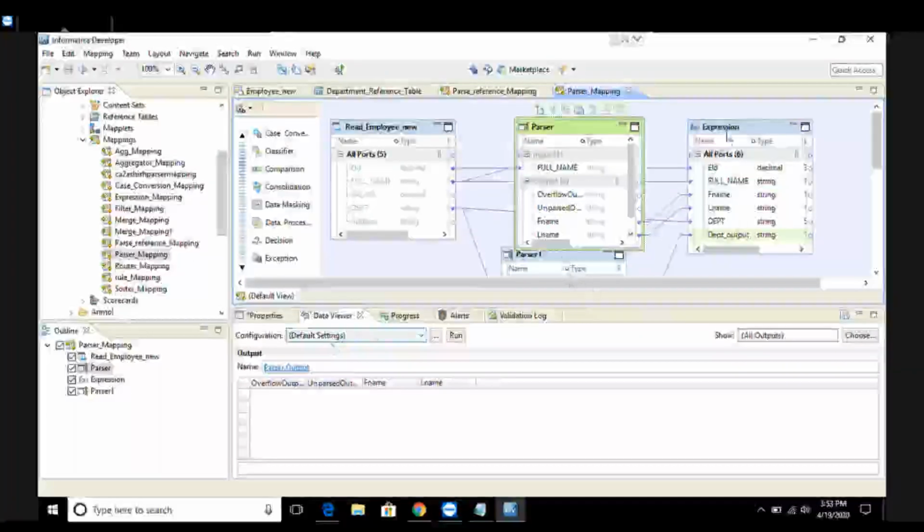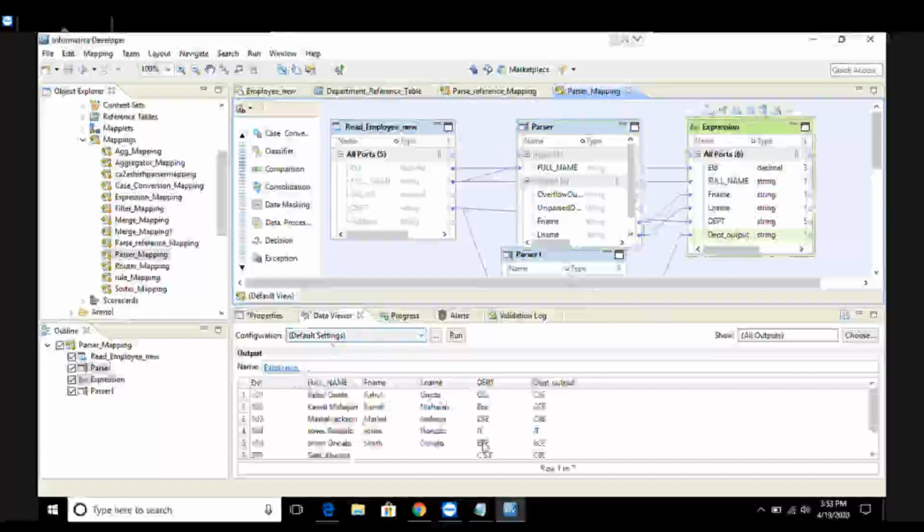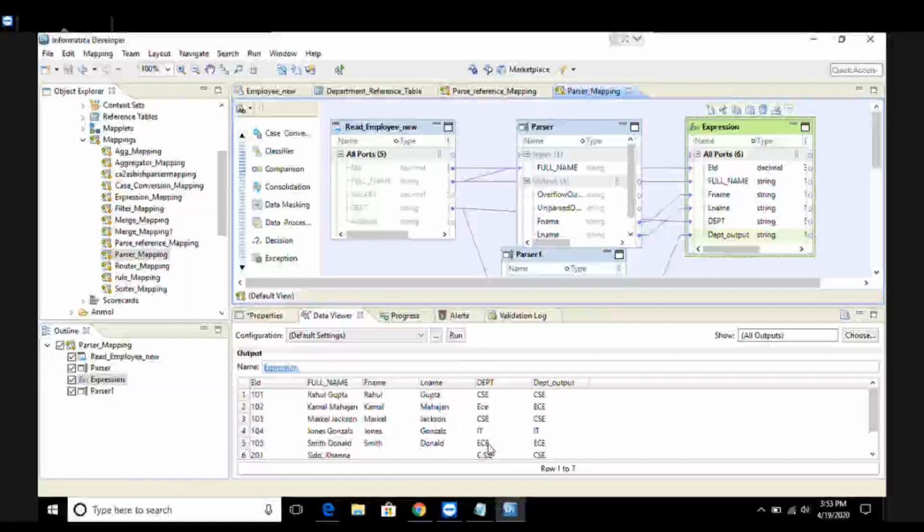And the input department invalid values were converted into valid values of the reference table using the second parser which I just created, that is using the reference table. So as a whole, I can say that a mapping can have more than one parser transformation just to do multiple tasks. So this is all about your parser transformation using the reference table.